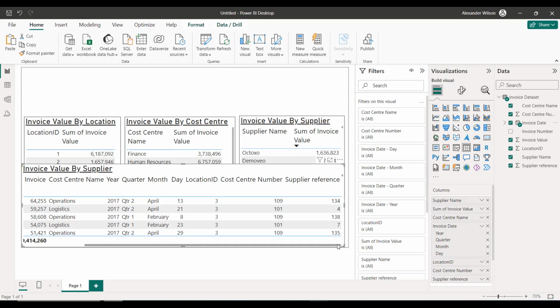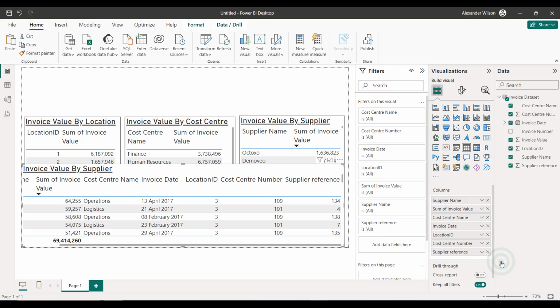Now, if we would rather just have a date column rather than these additional hierarchical columns, then we can do that. And it's very similar to the way that we change the aggregation type. We go to the visualizations pane, and then to the invoice dates field. Click on the drop down, and we can see at the moment there's a little tick next to date hierarchy. We want to get rid of that and put it onto invoice date instead. There we go. We've now got our invoice date in our table.